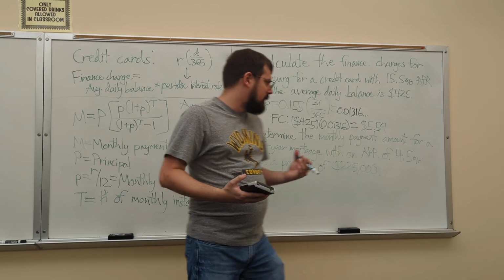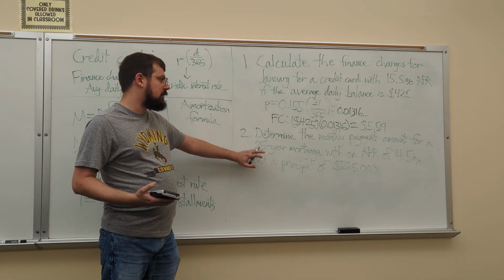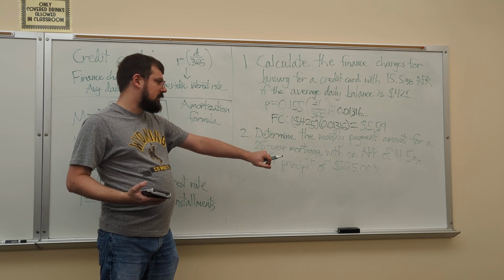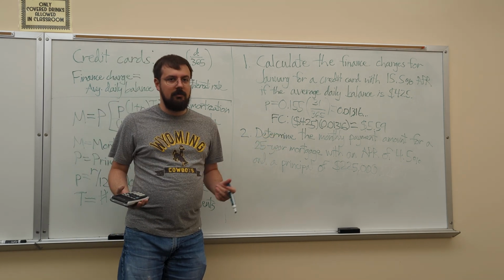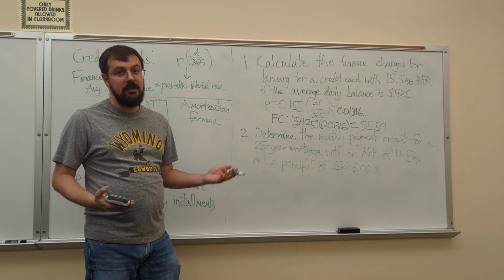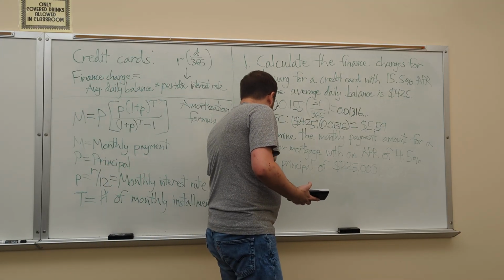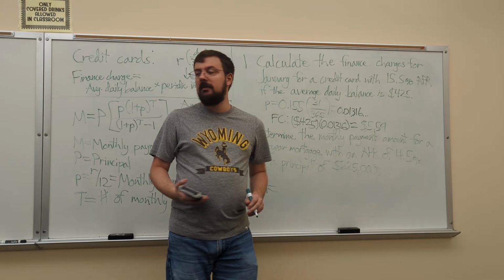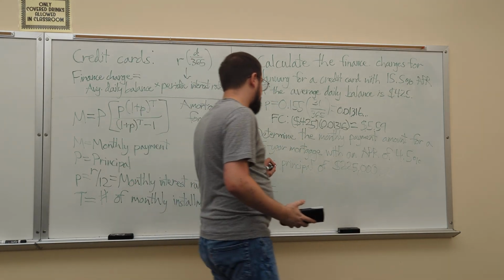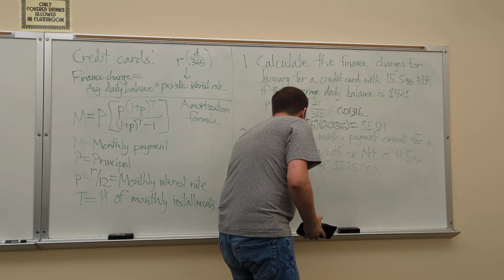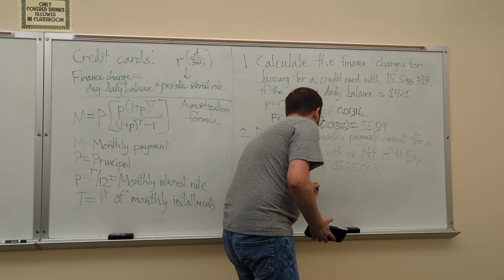Let's look at an example of this. In this example, we have a 25-year mortgage with an APR of 4.5%, and a principal of $225,000, and we want to determine what the monthly payment is that's going to go with this mortgage. So we're going to turn to our amortization formula. Our principal in this case is $225,000,